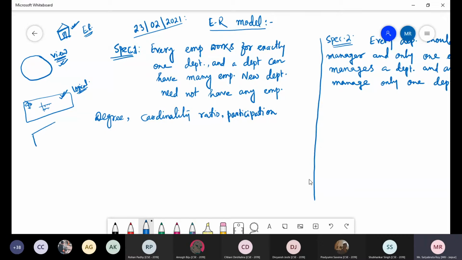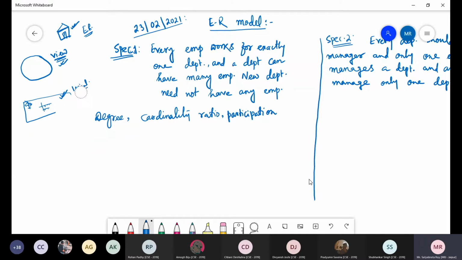How the data will be stored will be presented at the physical level: how the data will be accessed, how many bytes are reserved, what the access algorithm is, how the query will be optimized, what the metadata is.